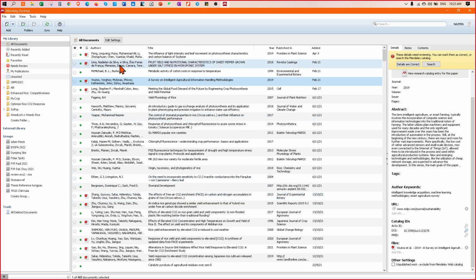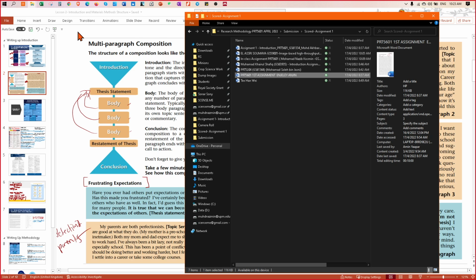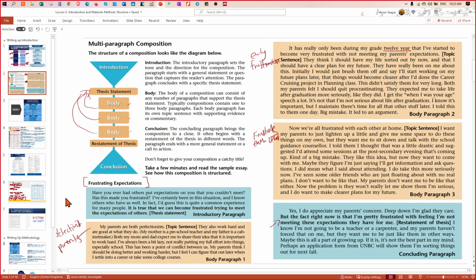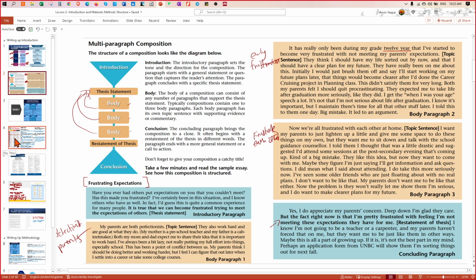Use Mendeley to organize your referencing, and you only have to do it once because it's going to remember. In the future, if you use the same reference again, you don't have to correct it because you have corrected it once. And also you are contributing to society, right? Okay, I think we can move to the second section now.